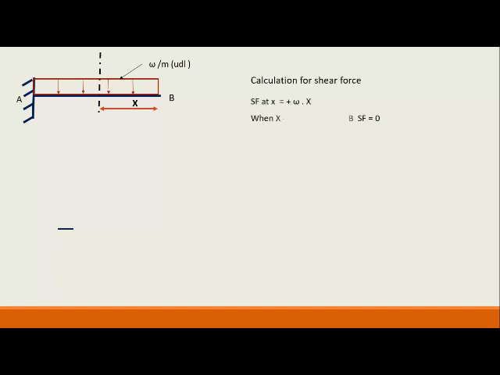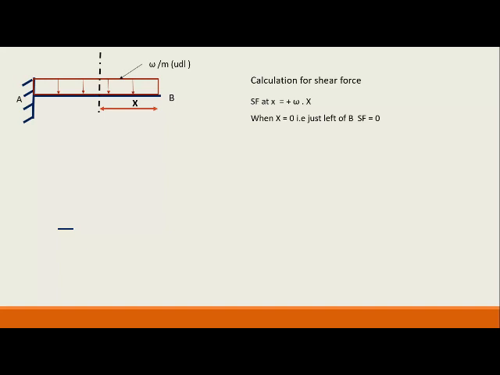The span of the beam is again L. So when we are calculating the shear force here, the SF is omega into x. Here one thing is to be noted: always when we are going to calculate a load for a load intensity, the total load caused by a load intensity, having a UDL, UVL, etc., is the area of the load intensity diagram. I repeat, the total load due to a load intensity is the area of the load intensity diagram.